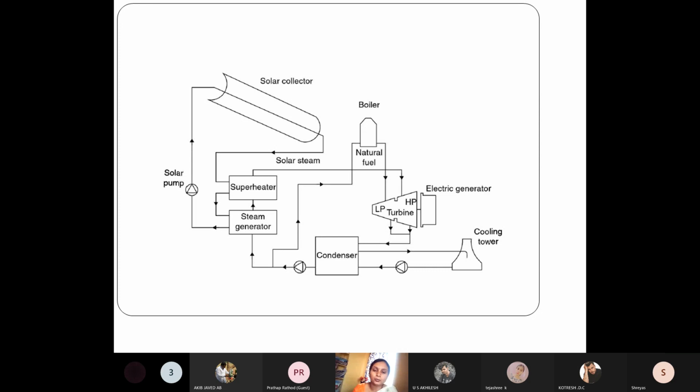a turbine to produce what? To produce rotational kinetic energy, which is converted to electricity using the alternator. And here they are saying that a recuperator is also utilized to capture what? To capture waste heat from the turbine to preheat the compressed air and make the cycle more efficient.